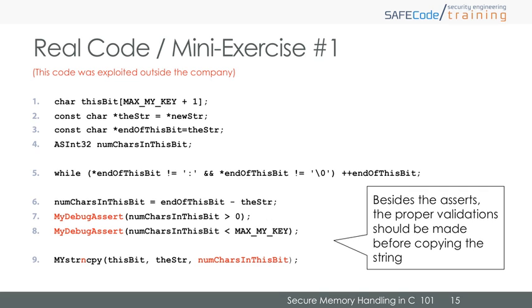It doesn't include the idiomatic guarantee of null termination. There's no line 10 here that does that. But more importantly, it makes the exact mistake that we showed in a more obvious form earlier in this course. If you figure out what the effect of a line of code like line 5 is, in the case where there's no quote, :, in the source string,